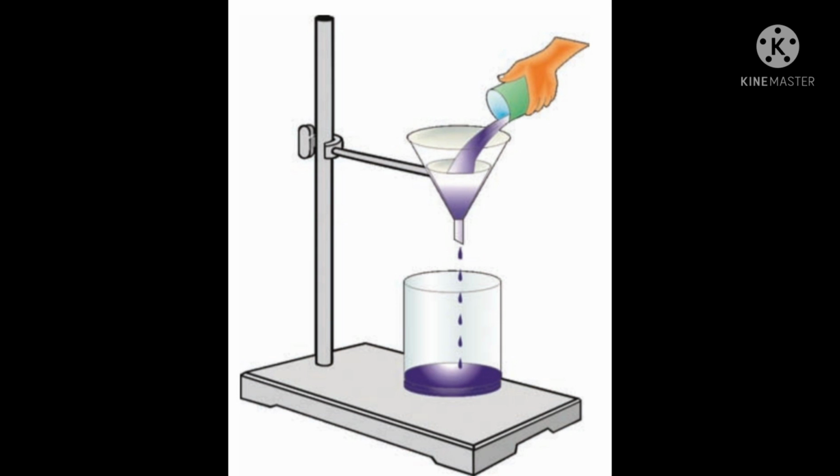Prepare wheat or rice powder solution in a beaker by adding 1 tablespoon of powder in 100 ml water. Add a drop of tincture iodine to the solution. Now pour the solution into the funnel. Children, observe the experiment.